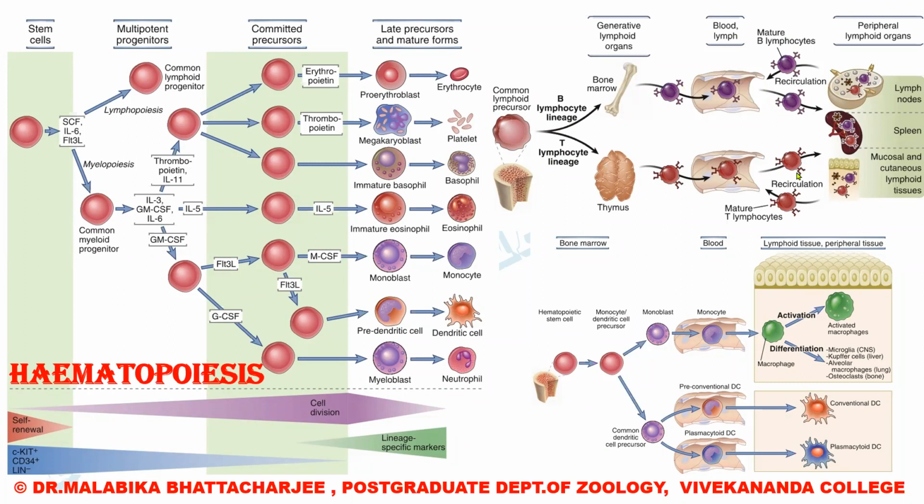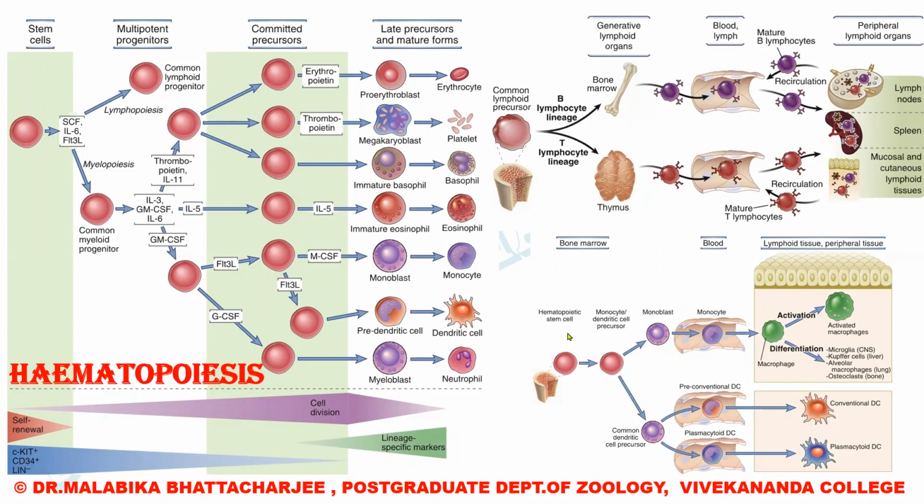Now, this picture is a very simplified picture. So when I go into the next slide, I'll tell you that the lymphoid cells do not only give rise to the B and the T lymphocytes. They give rise to the natural killer cells. They give rise to the natural killer T cells. And we're talking about T cells. When we have a common lymphoid progenitor, there are two categories of T cells that come from that lymphoid progenitor: the alpha beta T cells and the gamma delta T cells.